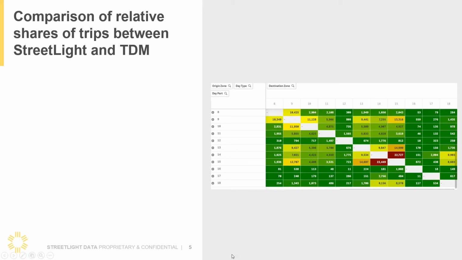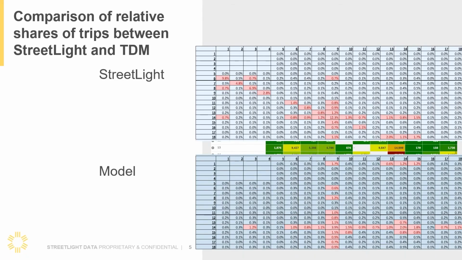We can export that. If you click it one more time for me, Martin, we can actually show how the StreetLight looks relative trip percentages of the total trip table is shown on the top within StreetLight, and you can see the same kind of pattern is shown within the model. You can see in the upper left corner of the matrix, where between zones 5 and you know that there are some trips that are missing, and so this is where StreetLight was able to identify some of those